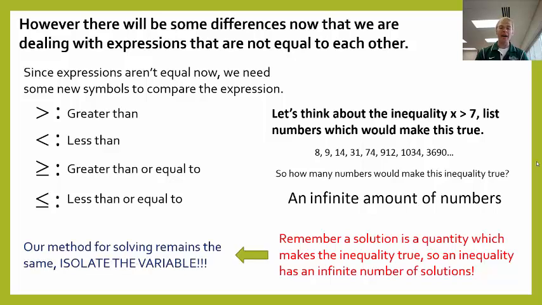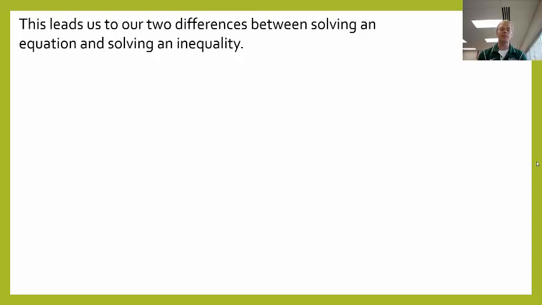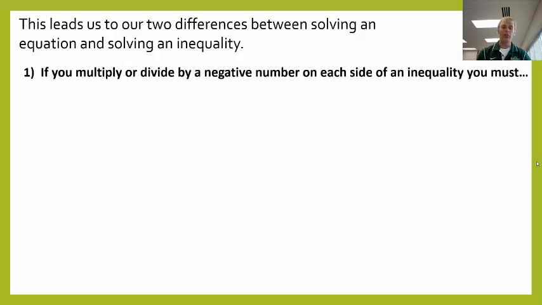Also, our method for finding our solutions is going to remain the same. Isolate the variable. Remember, all the steps that we talked about just on the last slide, that's going to be the same stuff we're doing now. Well, this leads us into our two big differences in actually solving our single variable linear inequalities. The first difference, if you multiply or divide a negative number on each side of an inequality, you must